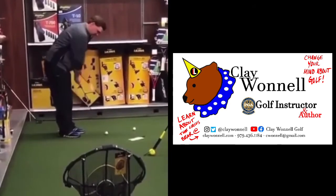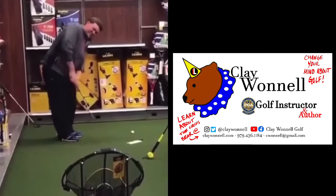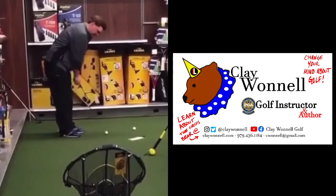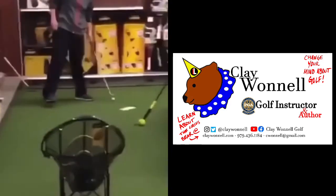It's a huge movement in and up with the hands, and then he just never quite squares up the face of that club either. So he's swinging out to, from his perspective, swinging to left field. So that's where that ball goes. Boom. That is like a 30-yard pitch shot. Okay, then on the shank,